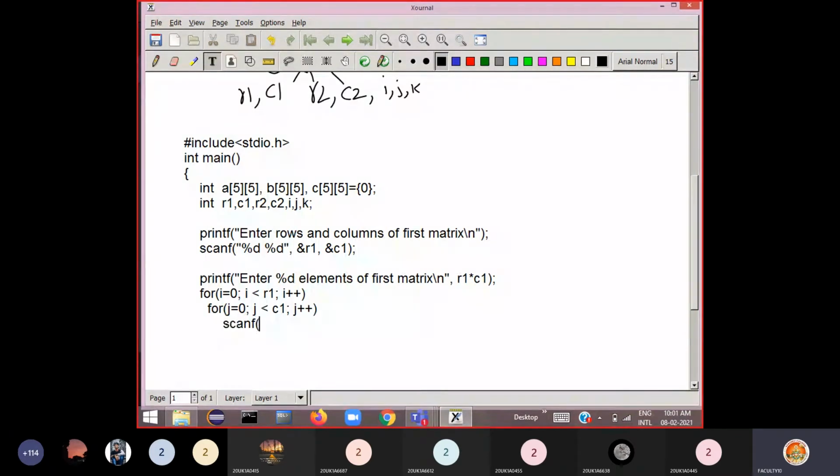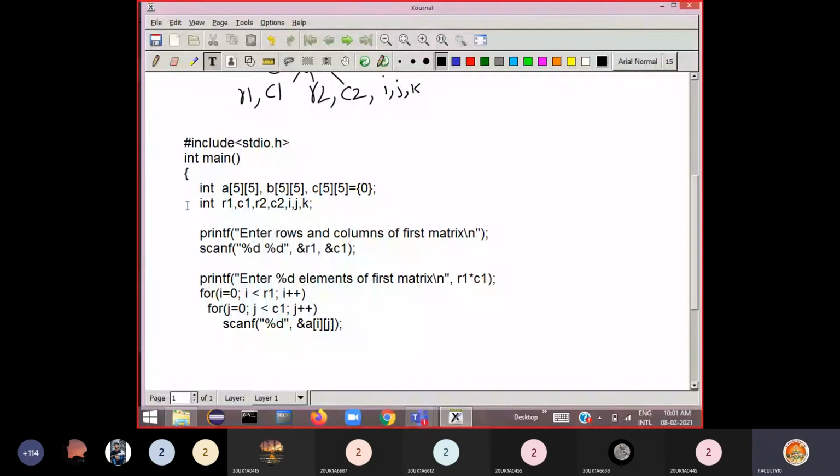So scanf, %d, comma, address of where to store the first matrix. What is the name of the first matrix? A of ij. So store at A of ij.